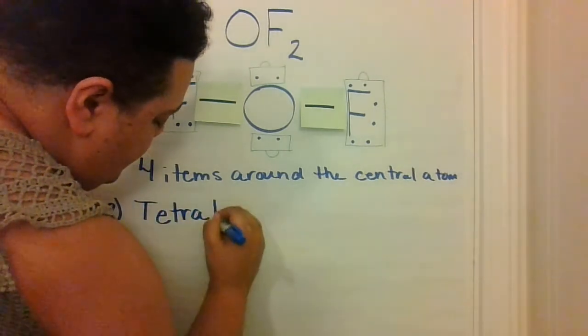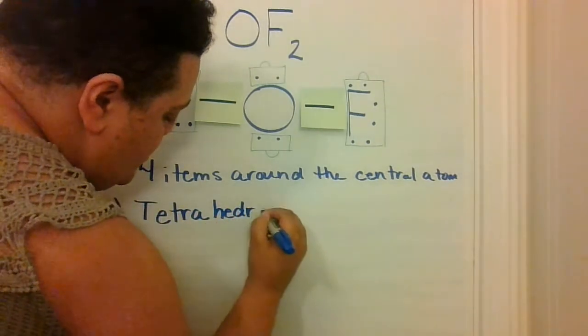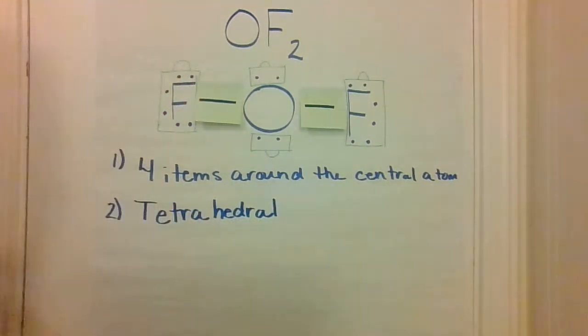So tetra for 4, okay? So we have 4 items around this central atom. And a tetrahedral structure